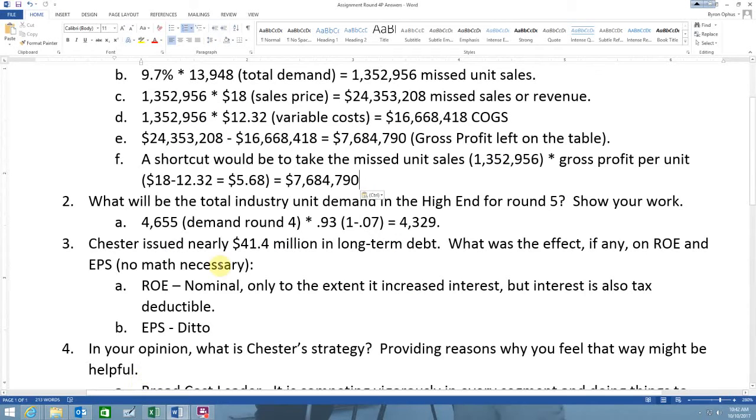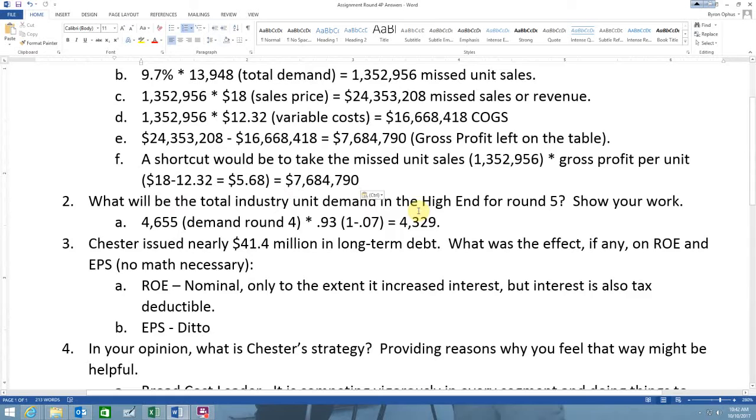So the math is our demand from round 4, 4,655,000, times 1 minus 0.07, the growth rate for next year. So it's really just times 0.93. So 4,655,000 times 0.93 is equal to